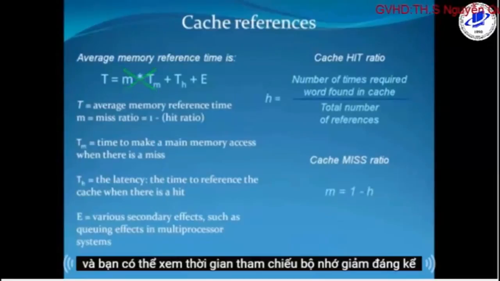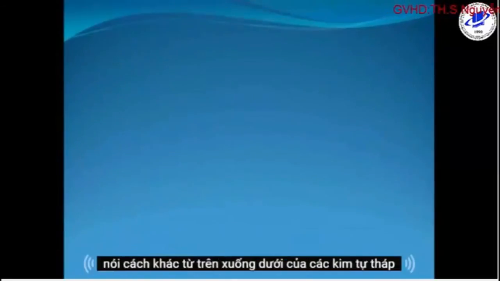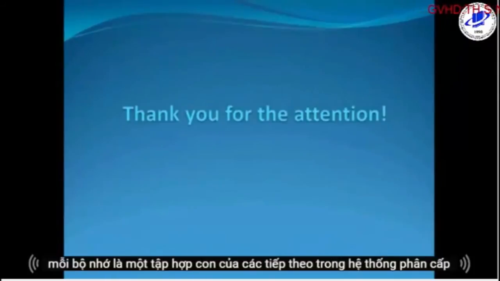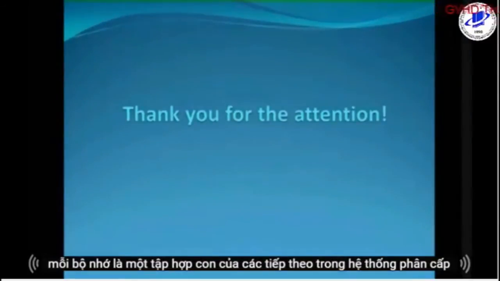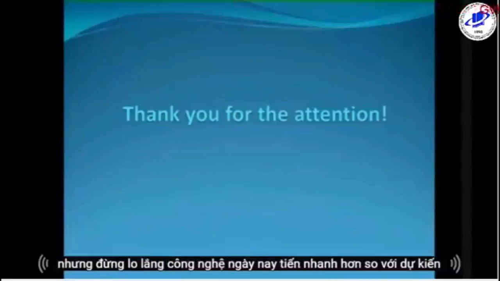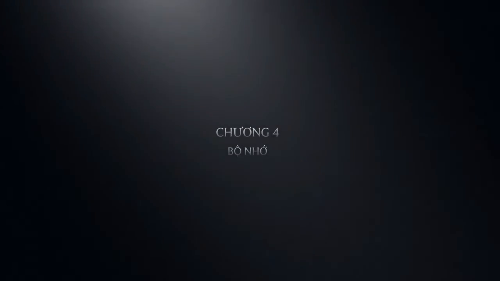If there is a hit in the cache, the first part becomes 0, and, as you can see, the memory reference time significantly drops. In other words, from top to bottom of the pyramid, every memory is a subset of the next in the hierarchy. The faster the memory is, the pricier it goes. But don't worry. Today's technology advances faster than it is expected, so prices are